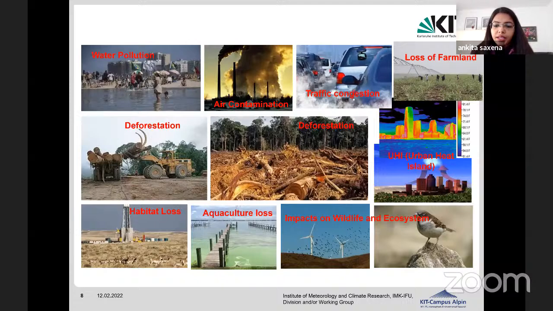And there is loss of farmland, because people are moving towards the urban areas, and whatever rural land is available and not being used for farms anymore is being converted. And by cutting the forest, a deforestation-like situation occurs,